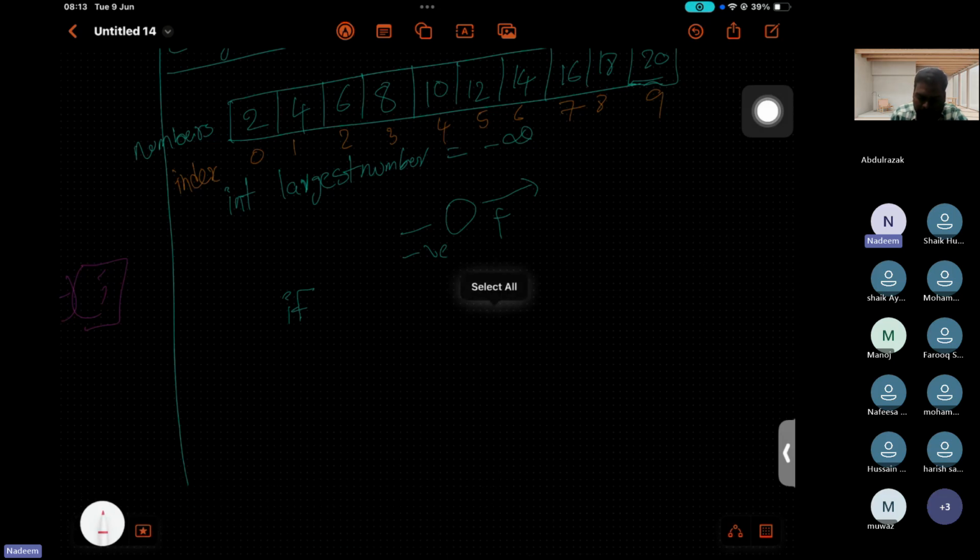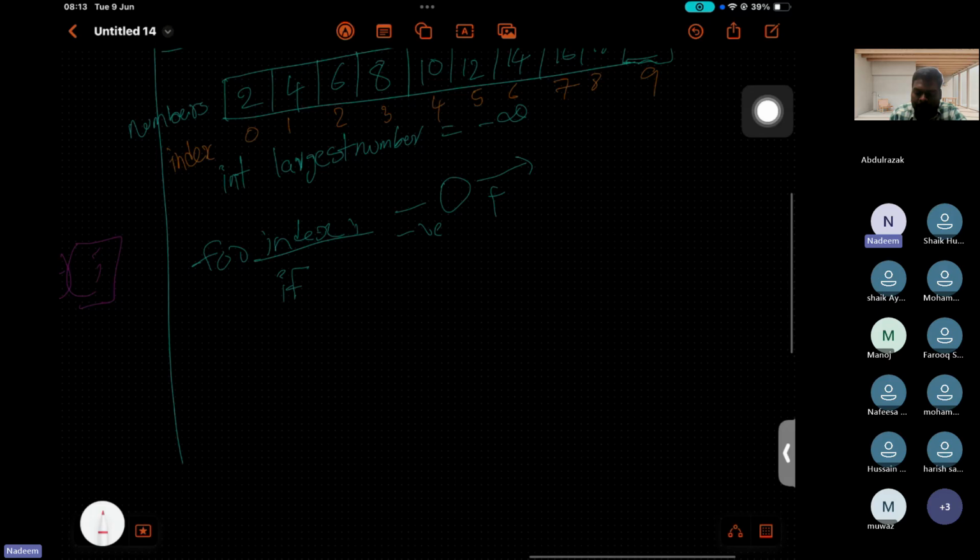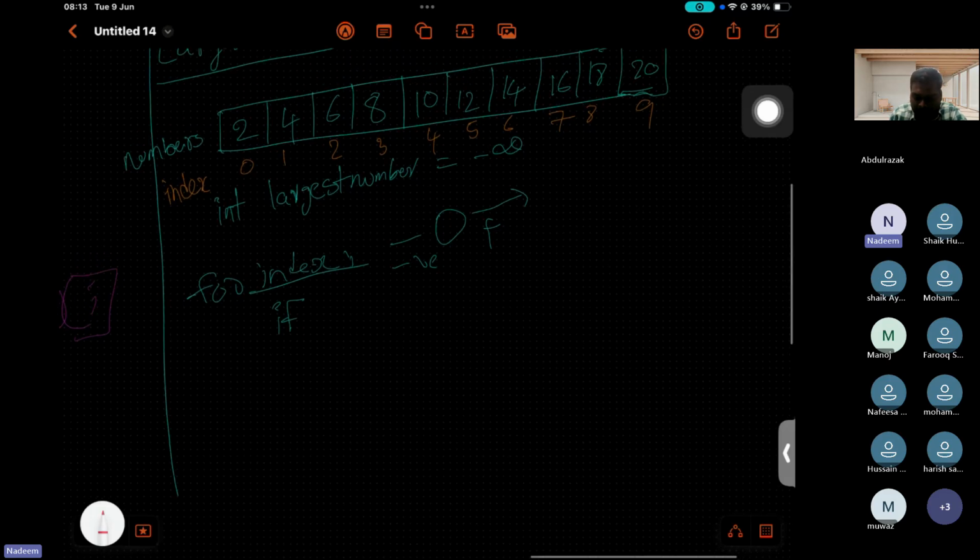We are using a loop here. So in the for loop, the index i travels from 0 to 9. In that I had written: if numbers of i is greater than largestNumber,